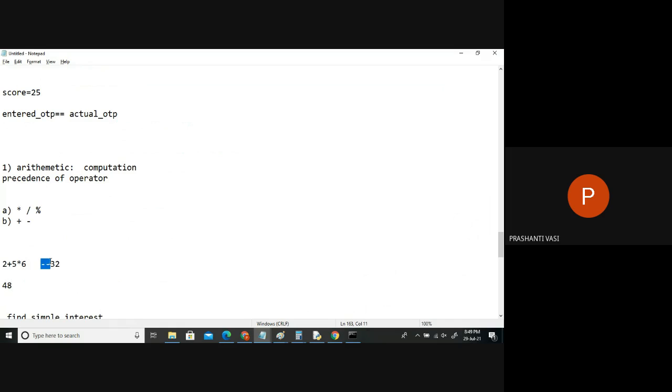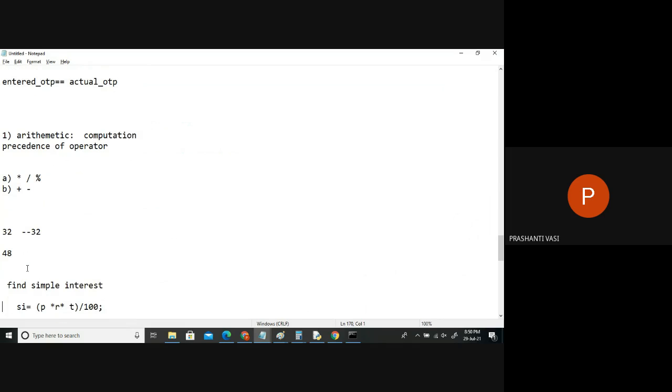But which is the correct answer mathematically? 32. Because according to the BODMAS rule, this should be done first and then only plus can be evaluated. So there is a proper systematic way to solve every mathematical expression. We can't just blindly solve whatever you like. There is an order of operators. So that order is called as precedence of operators. So among arithmetic, these are higher than these two. So this will be solved first, then we'll get an answer as 30, and then we'll just do the addition and get 32, right? Any confusion till here? This is precedence. There is one more concept called as associativity.